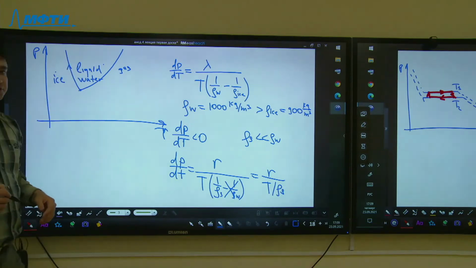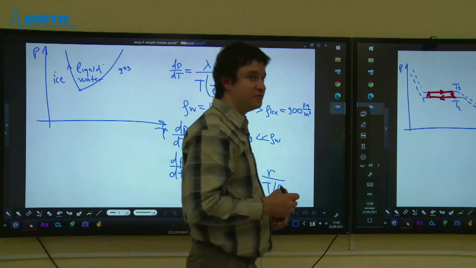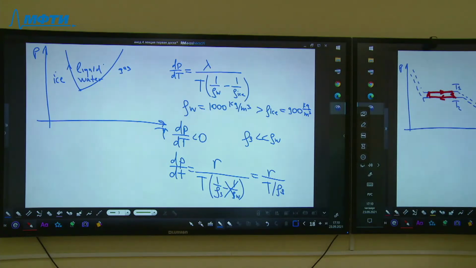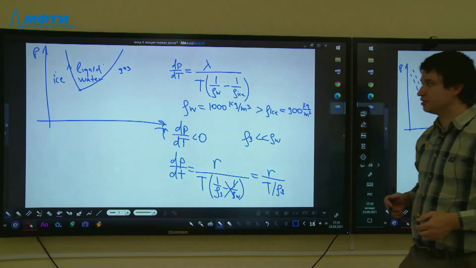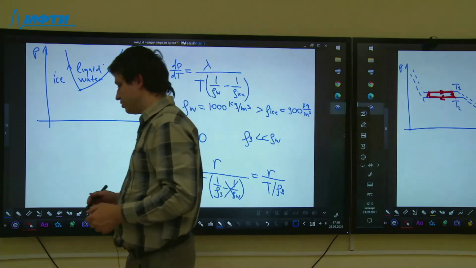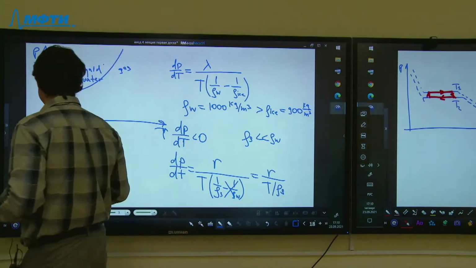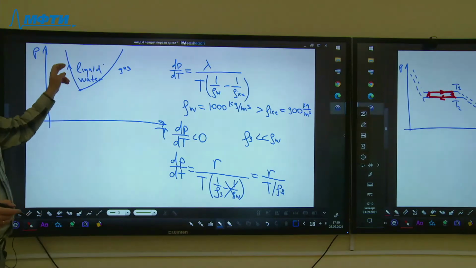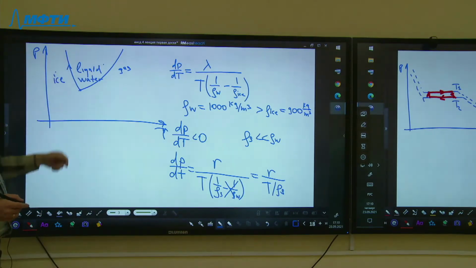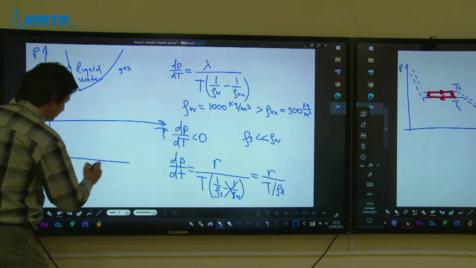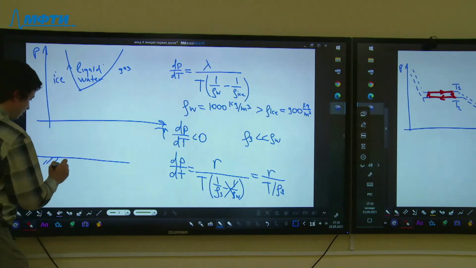So that leads to a number of important consequences which we make use of in the Olympic Games. And one of them enables us to, well, actually, to skate on the ice. It is possible to skate on the ice due to this kind of phenomenon. The reason is the following. When you consider the ice,